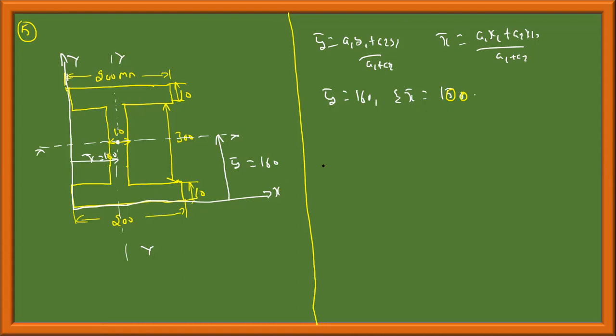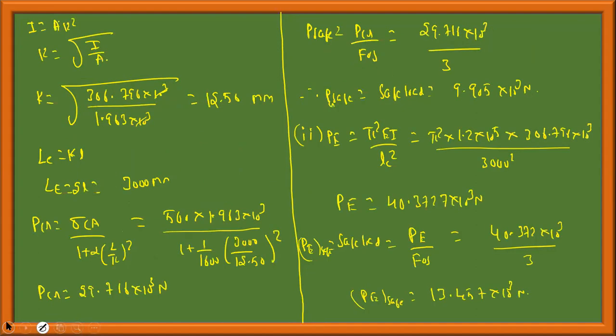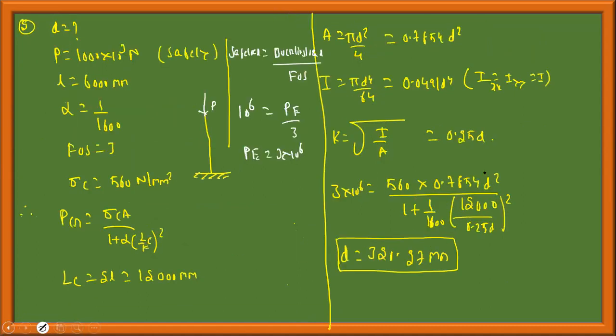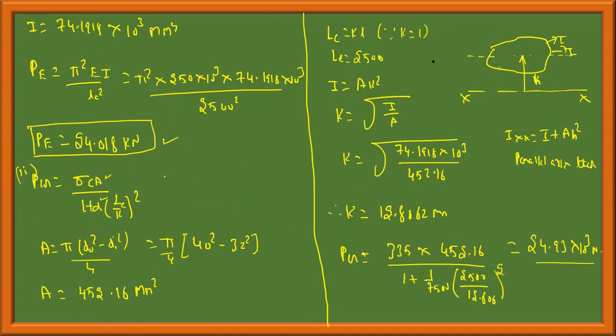Now I need to calculate the moment of inertia about the x axis and y axis, and whichever is the least, on that axis the column is going to buckle. Still, I don't know which is the least moment of inertia. We need to calculate that. Let me take the x axis first, Ix for example. I have told you, if I calculate the moment of inertia of a body on the axis itself which is passing through the CG, it is given by some formula, b d cube by 12 or b h cube by 12, or whatever, some formula.